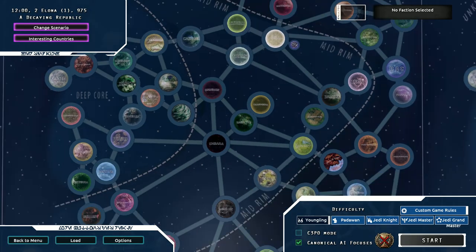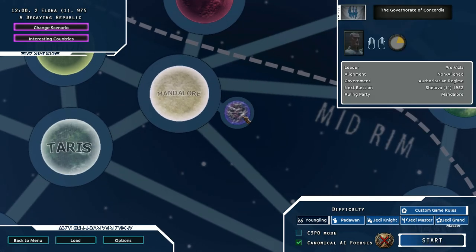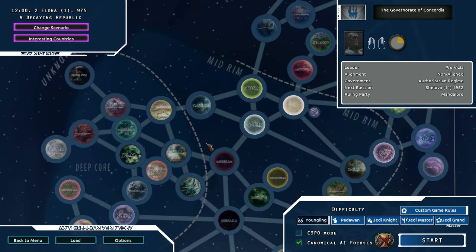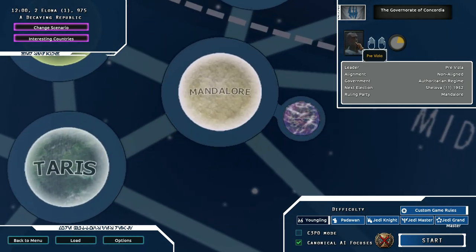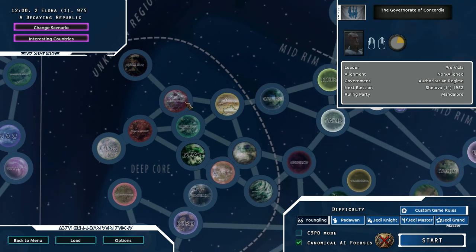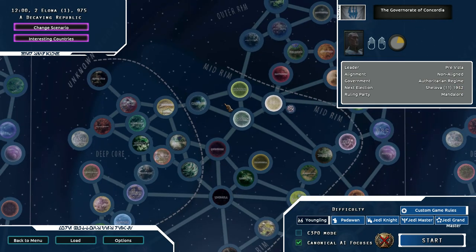systems and planets, but today we will be playing as the Governorate of Concordia, which is the Deathwatch, if you don't know. Their leader, of course, is Pre Vizsla. I don't really want to play as the Republic or the Separatists because they have a lot of divisions,